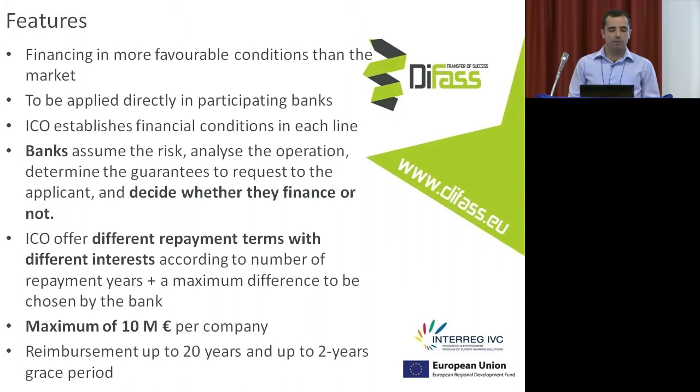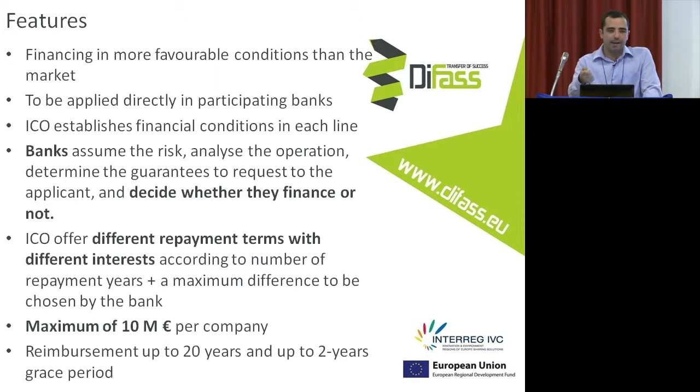The main features of ICO lines are that the financing is in more favorable conditions than the market. They are applied directly by the banks. ICO establishes financial conditions in each line, and the banks assume the risk. It runs this way: ICO established the conditions for this year, with different percentages and rates of interest for each